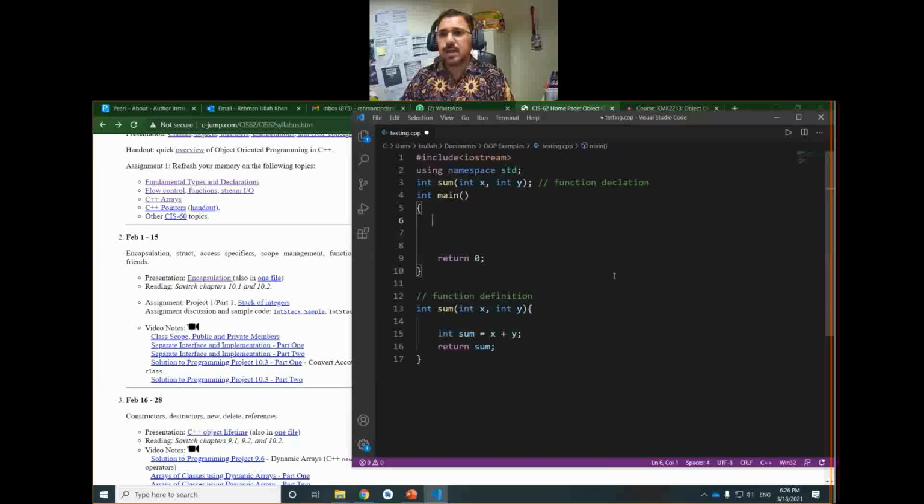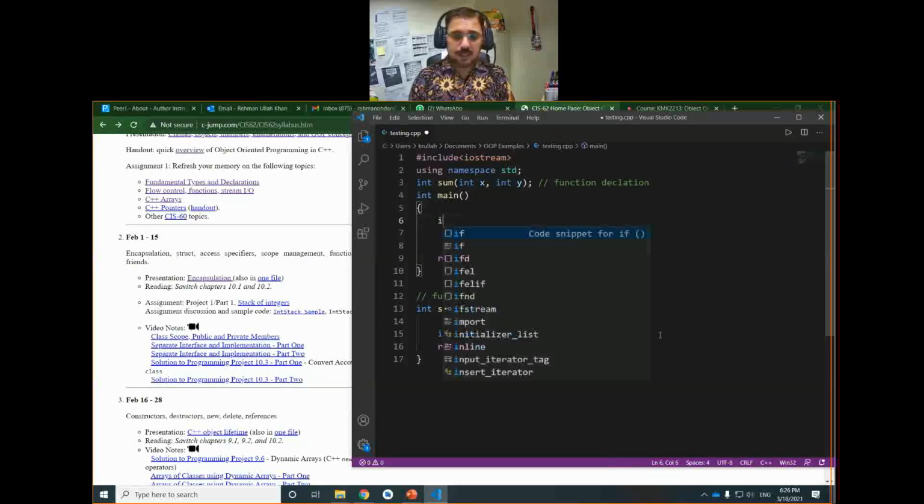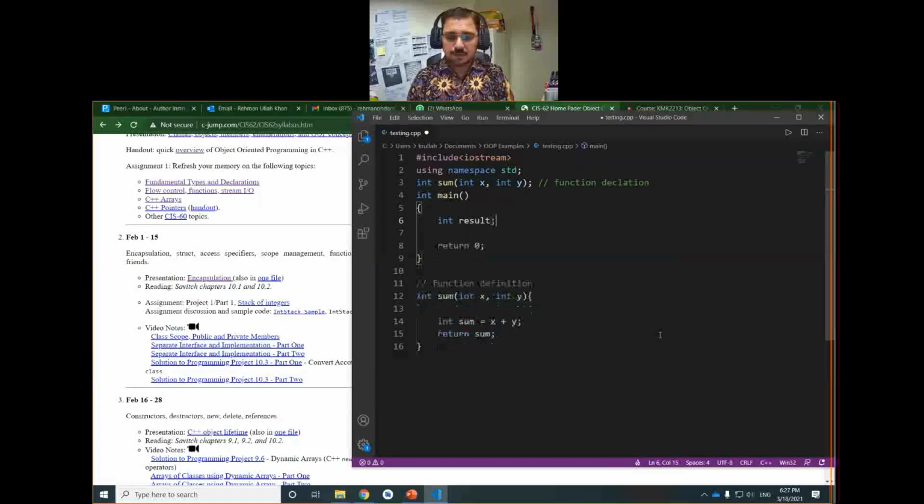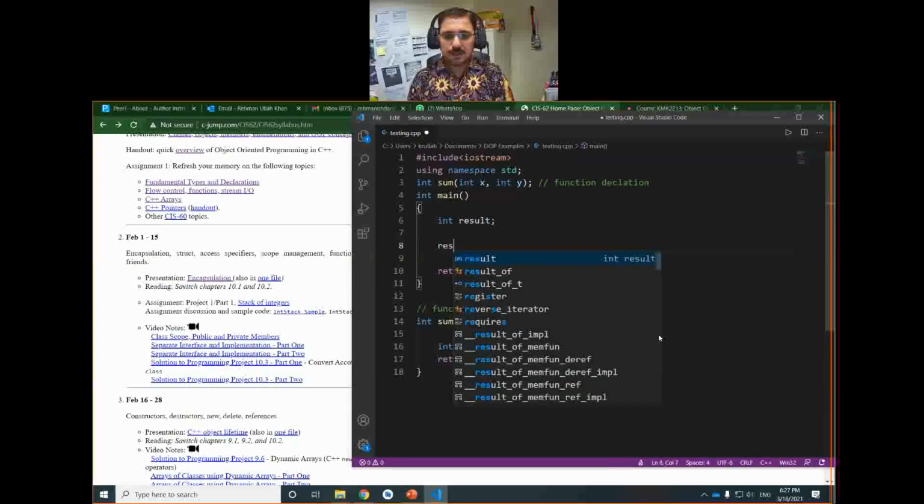So here we will call the function. The function call is mostly inside main. For example, I say int result, semicolon, and if I say result